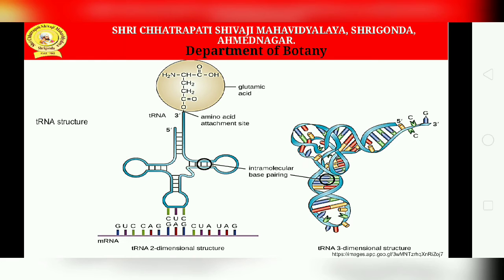Although rRNA had long been thought to serve primarily a structural role, its catalytic role within the ribosome was proven only in 2000. In the structure we can see that a tRNA molecule is a single stranded molecule that exhibits significant intramolecular base pairing, giving it its characteristic three-dimensional shape.